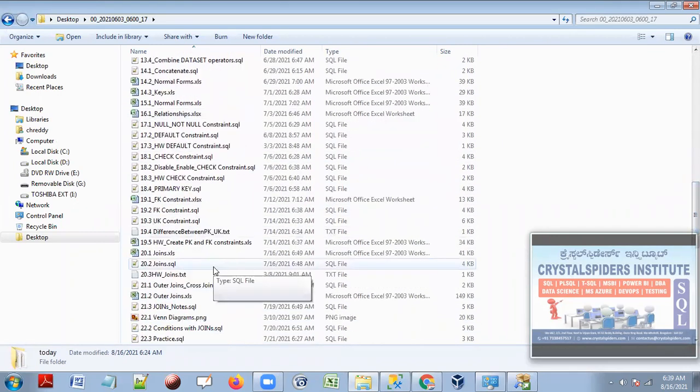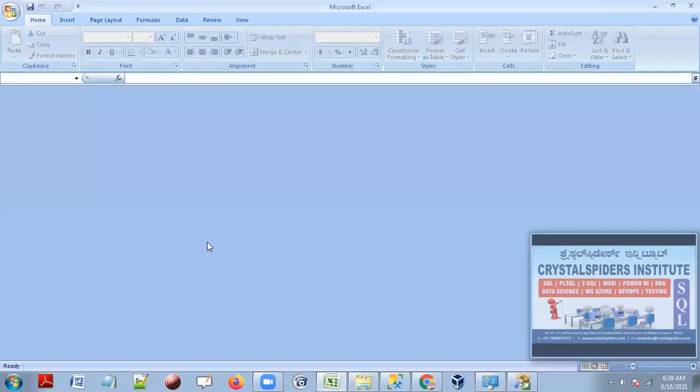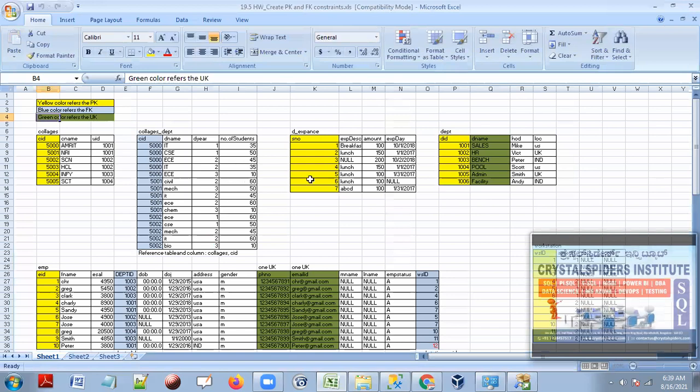Let's go back to that homework file, primary key and foreign key constraints. That means when we create a unique key constraint on the department name, this green color represents the unique key. That means the same department I can't store here, guys. One more record with the same department name bench, it will not take, because we already created department name as a unique key. That means there is no possibility that the department table will have one more department with the same name.